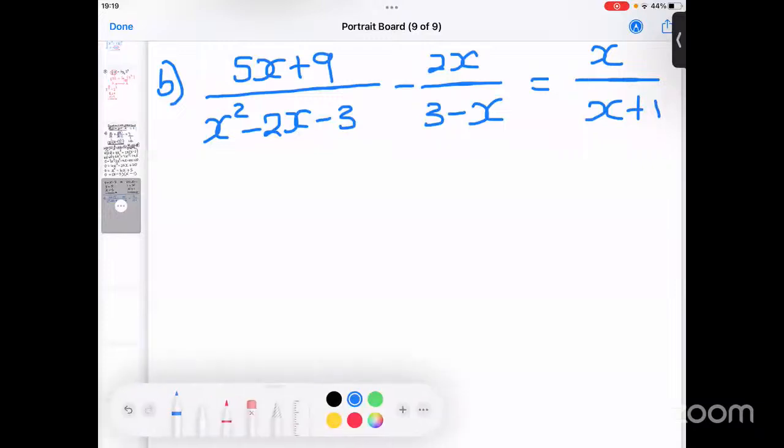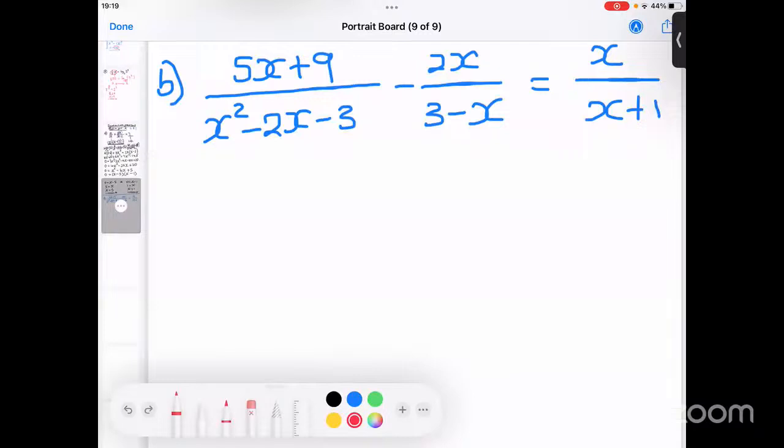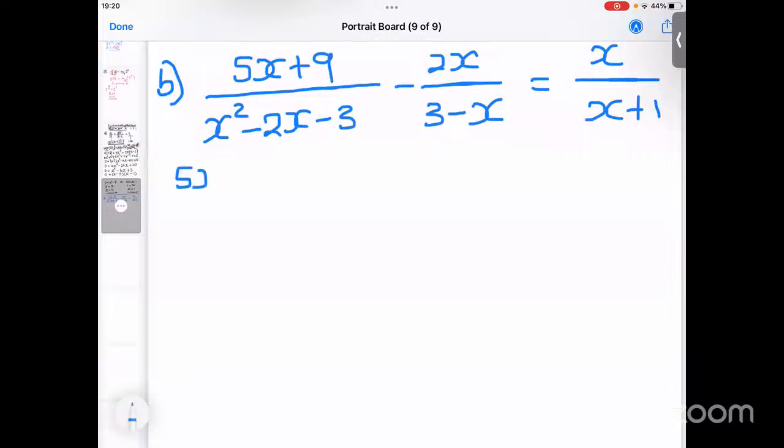Maybe let us factorize this thing because it can be factorized. You see that? It can be factorized. That would be your starting point, just so that it is easier for us to find our LCD. So what I'm saying is we rewrite that at the top exactly as it is, but we try to factorize this thing,